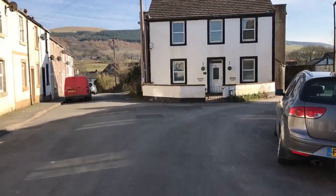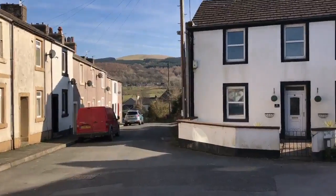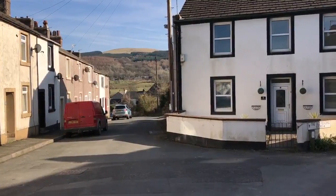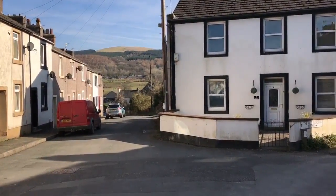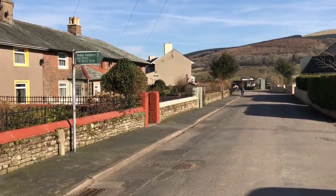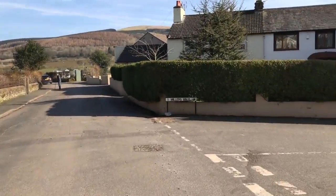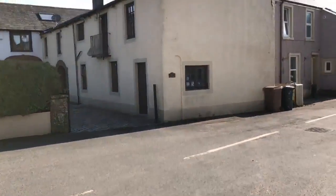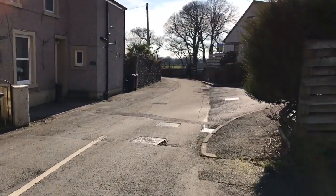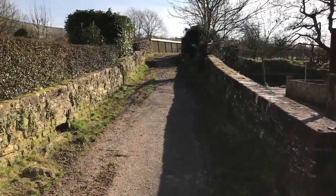So that's must be just over 9 miles or so. Yeah, 9.45 miles, and we're heading now. The next stop will be Ennerdale Bridge, and I'm going to stop there for a few minutes to have some lunch. Took a left, or kept to the left of the White House, and then we're going to take a right here now along Miller's Walk, and I assume this will lead on to a footpath pretty soon. Yep, up onto